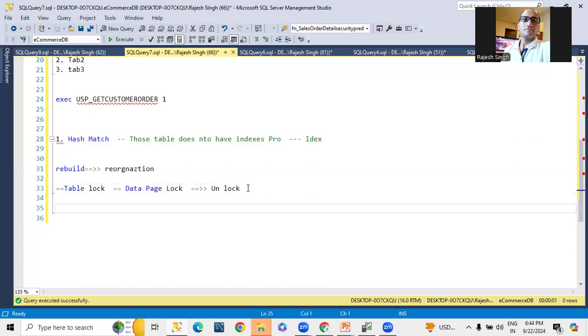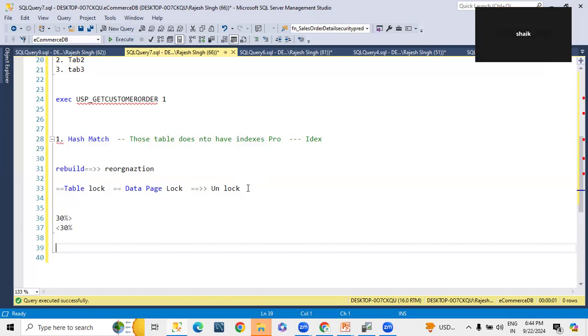Otherwise we have to go for the reorganize. Why do multiple SQL DBAs suggest that?